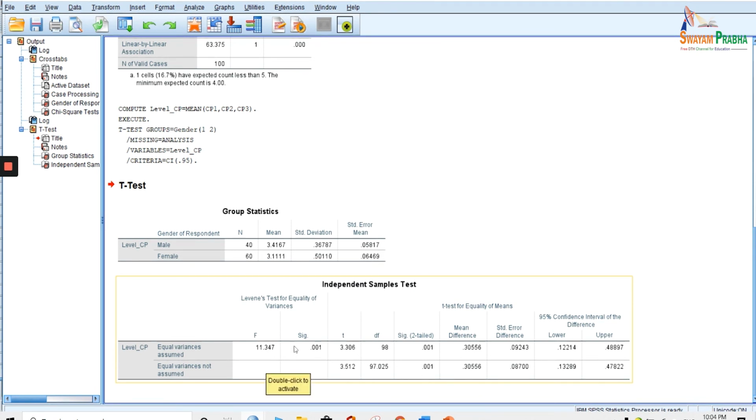So in this case, under Levene test, this is our p-value. It is less than 0.05. So now we will follow this assumption: our variances are not equal. It is proved here with the help of this test, and we will follow this row and take this p-value. And what is this p-value? The p-value is 0.001, and it is less than our benchmark, and our benchmark is 0.05. So it means our p-value is low.